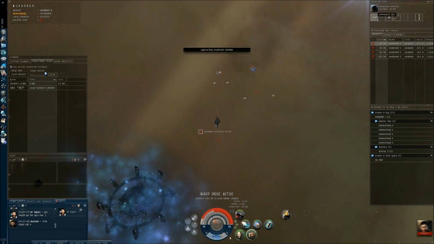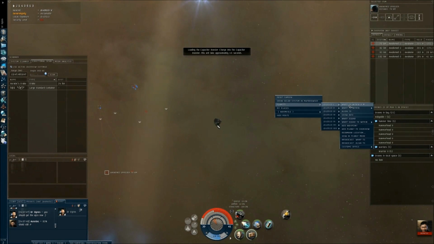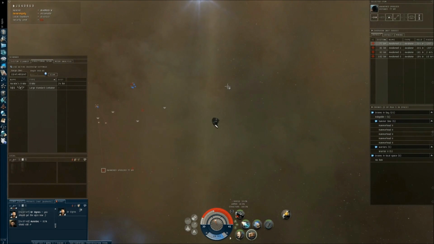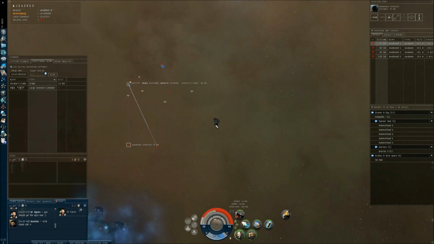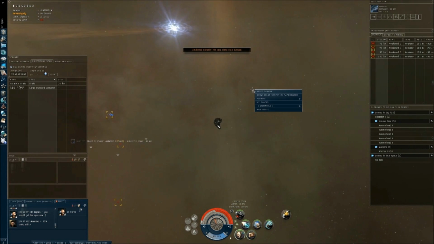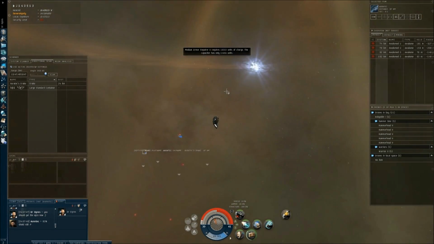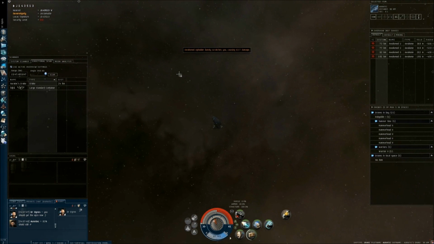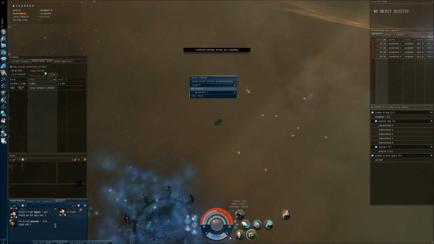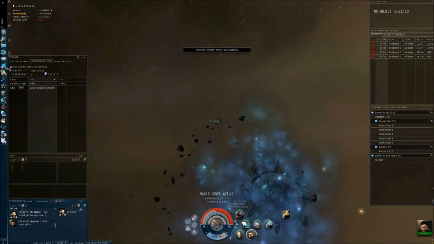Oh, good. They're very far away. Uh-oh. He crashed. A module has run out of charges. I need to see him go into a warp before I'm going to leave this. Capacitor is empty. Okay, I have the aggro, which is good. Okay, he's gone. Warp drive. And I need to...